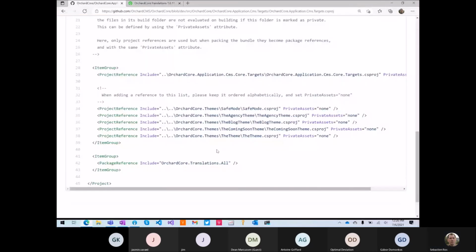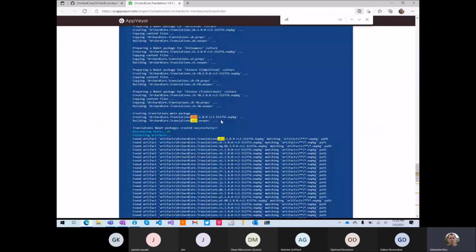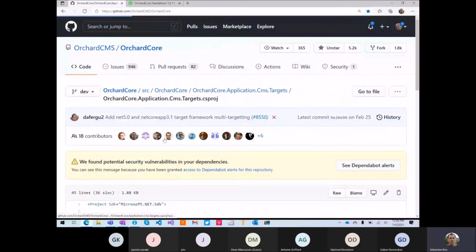Here, you see? So this is where it is. This is in the CMS targets. We point to the all translations, which itself is a meta package that points to all the translation packages. This one should be generated here. .all. Okay, you see it's there. That's fine. It's still in RC2 this way. So the only thing to change here to point to MyGet in the meantime, if it's not already the case, is to update the NuGet file